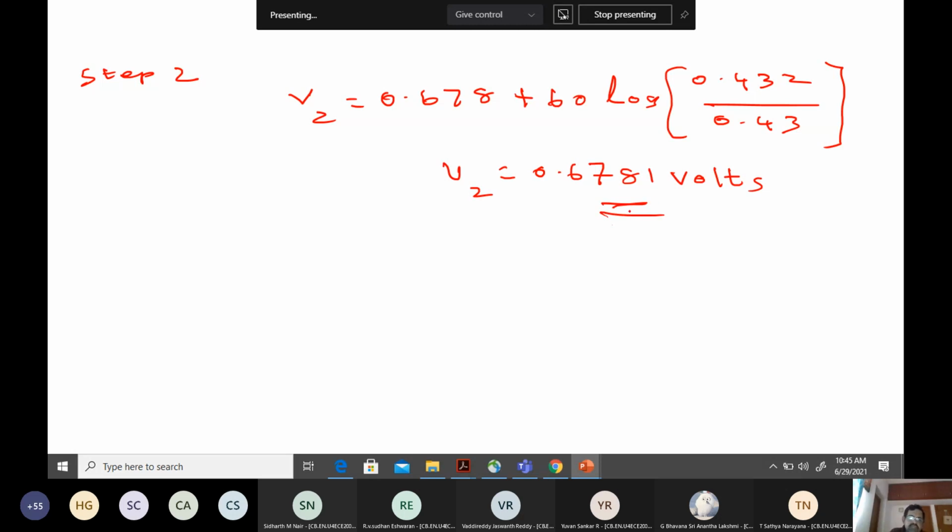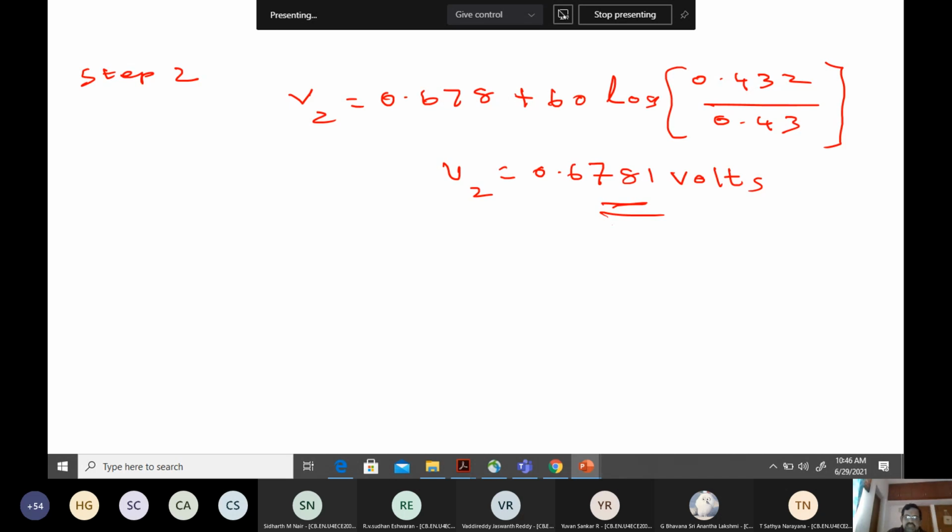Okay, so when the current iteration value is very nearly equal, to the decimal accuracy that we are shooting for, to the previous iteration, then we understand that the iteration is complete and we have got convergence. Okay, that is the idea. So we have got the correct value. That's the most important thing.